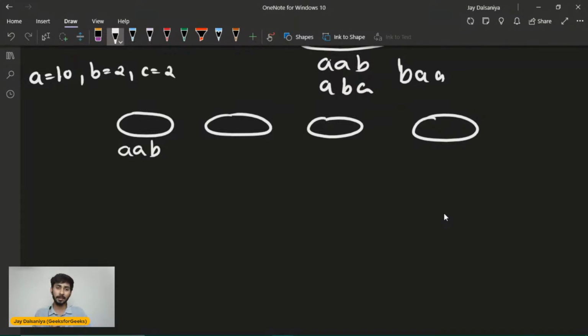Similarly, for this arrangement, now here comes the observation that the question does not want you to print the entire string. The question only wants the output. The arrangement at this first triplet can be like this: ABA or BAA. Anything is possible, or this can be possible with C as well. Instead of B, you can replace it by C. But we are not focusing on how we can arrange the strings.